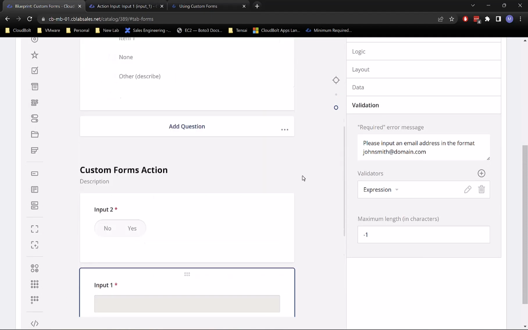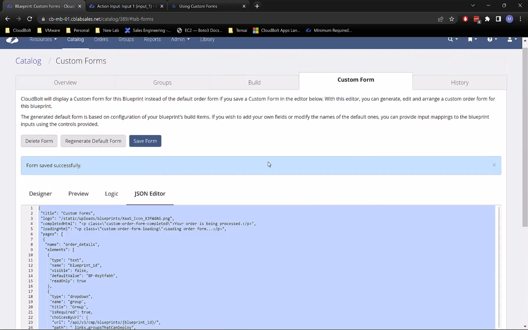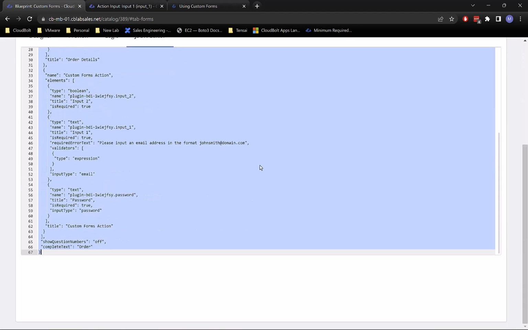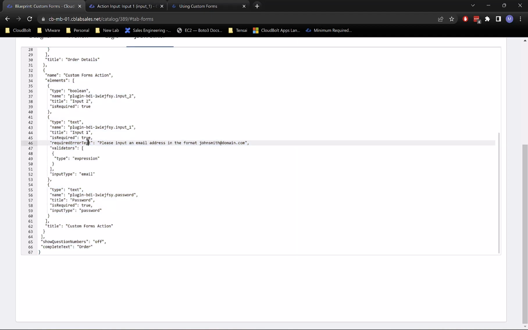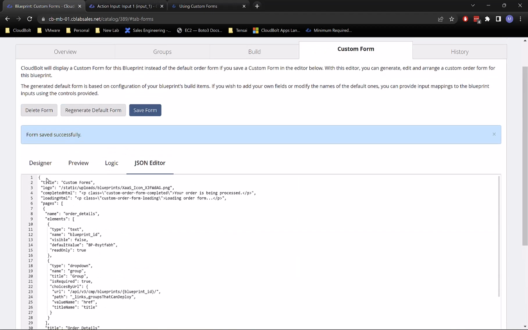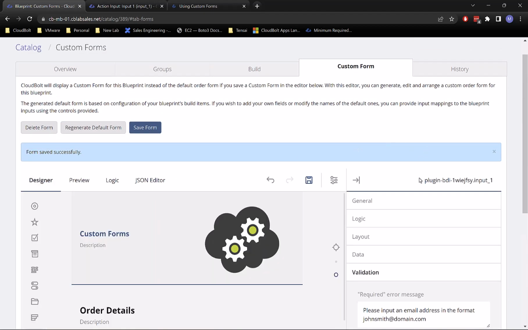And I wonder what that looks like in the JSON payload. So I'm going to take a look at that real quick. I'm just curious. Yeah, so required error text. I don't know if there's a way to change that or not. But because we selected an input type of email, it's doing that validation for us. But if we needed to get outside of the box of what they're allowing us to do there,